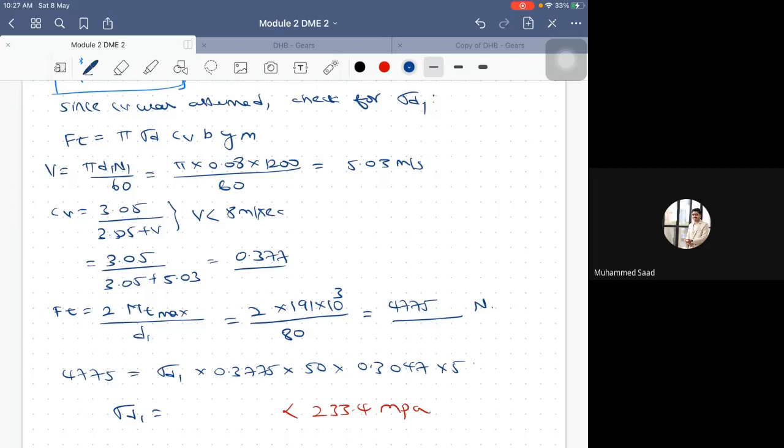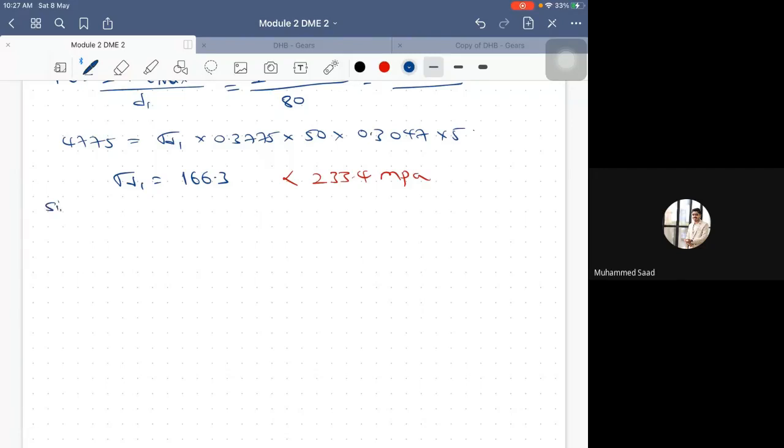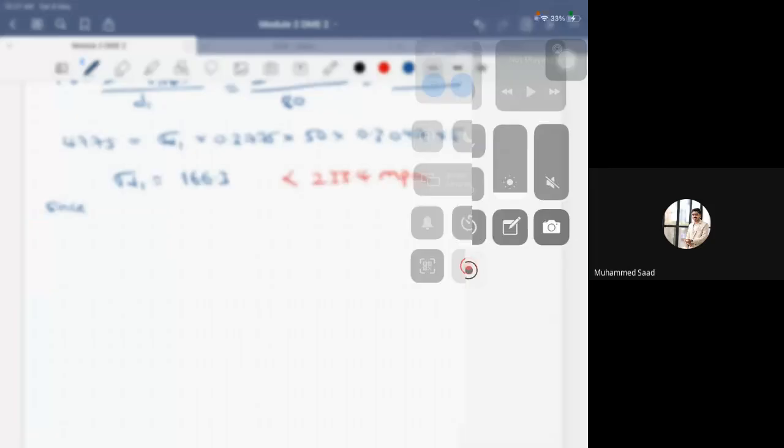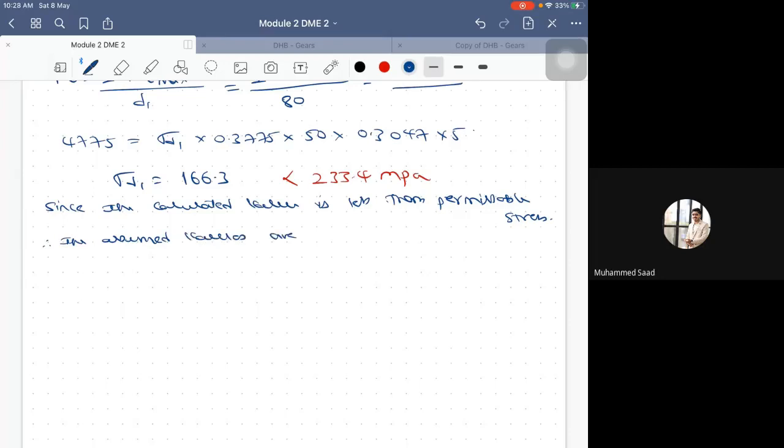It is 166. Since the calculated value is less than the permissible stress, therefore the assumed values are satisfactory. Just write this particular sentence. After that,